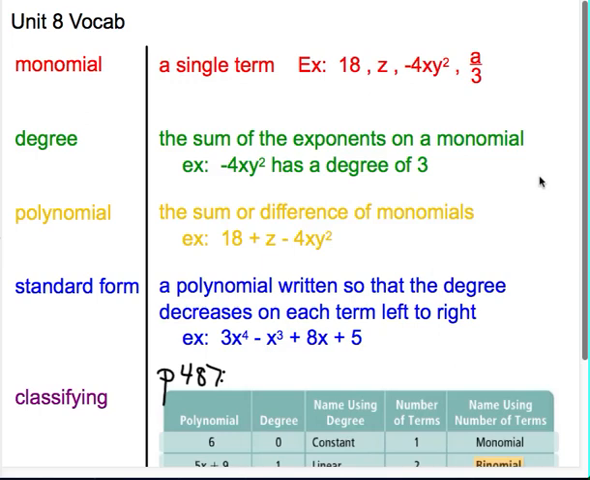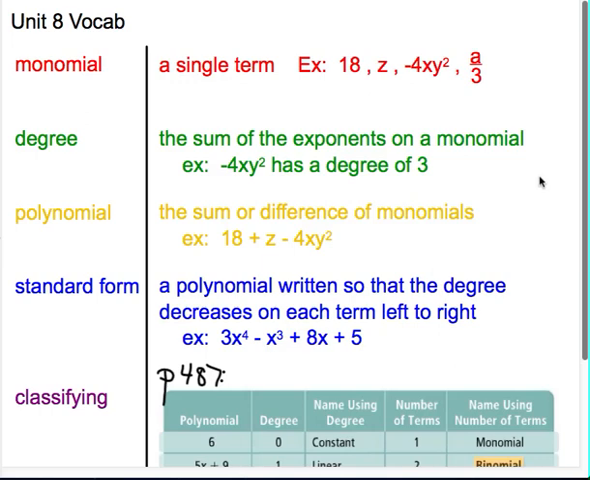Any number is a monomial. Any variable by itself is a monomial. And any multiplication or division of numbers and variables and powers is a monomial. As soon as you see an addition sign or a subtraction sign, that's when it's no longer a monomial or a single term. To find the degree of a monomial, you will add the exponents on a monomial, even if